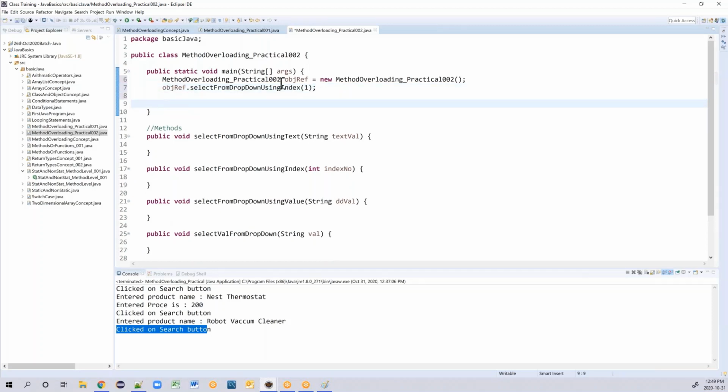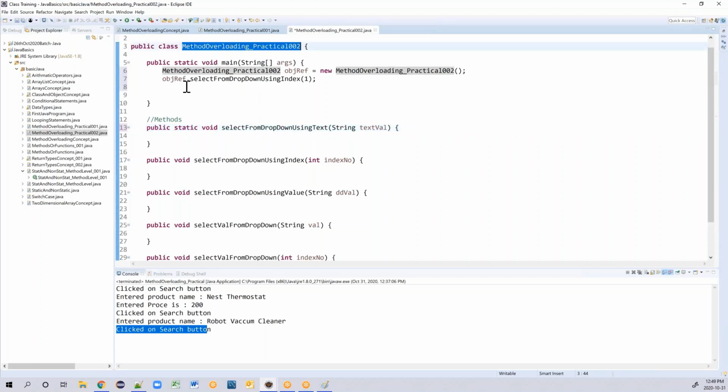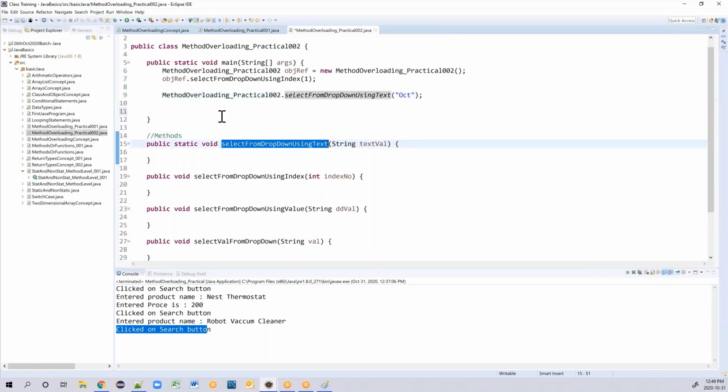Now I will not create any reference; I'll make this static. There are two ways of calling. The first way is to directly take the class name dot select from drop down using text, because this is static. I'll just pass the month as October. The second way is to directly call that method, which should also work.